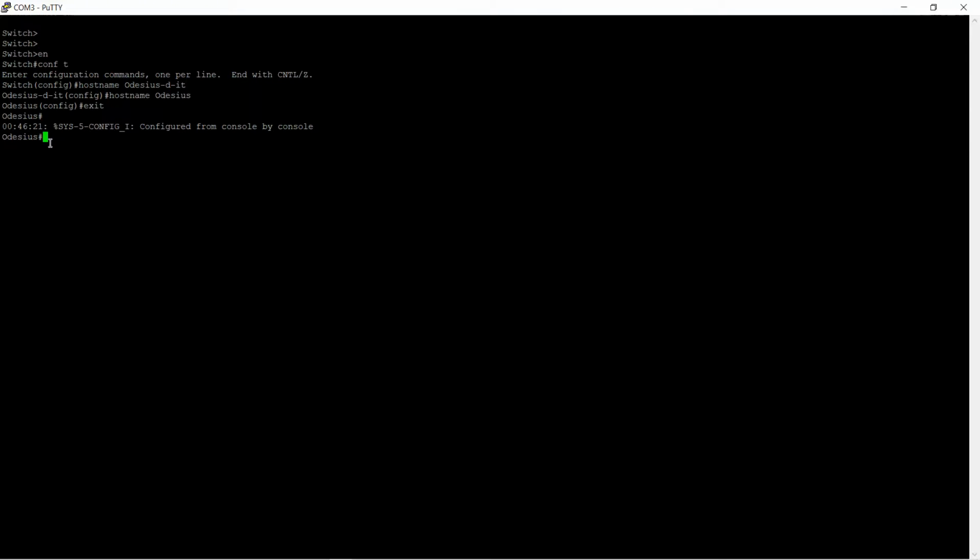Now, how do I configure the password? I go back again, of course I'm already in enable mode, and I go into the configuration terminal. Now what I want to do is enable a secret. When I say enable secret, it means enabling a password. So let's set a password. It is very necessary to put quite a strong password on your switch so that hackers do not find it easy. But I'm just going to use a regular password for this so that it's easier. So when I hit enter,